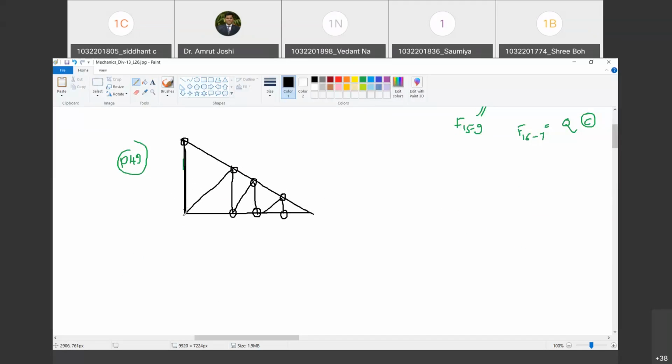You must have seen such trusses in industrial areas, on industrial sheds, and on old houses, the roof trusses. Are you with me? Now let us say it is supported in this fashion. And it is loaded. Just give me a second. So it is loaded by these forces.